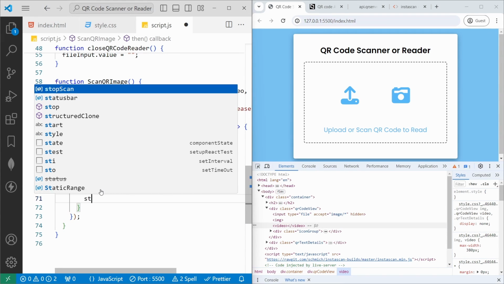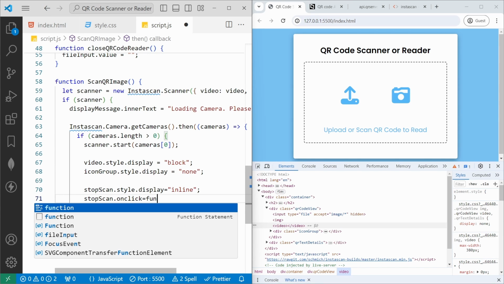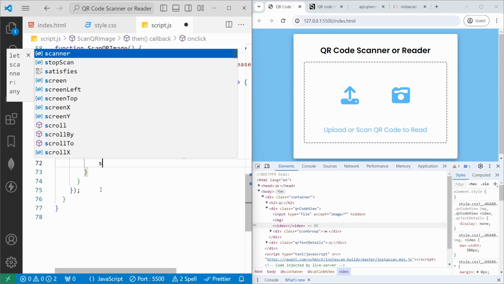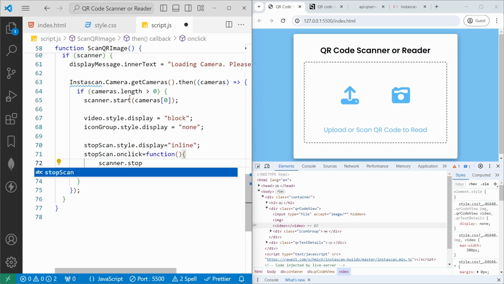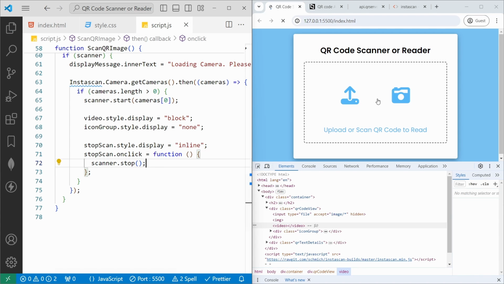inline, and then we need to set the stop scan dot on click equal to a function, because once we click this it should stop the camera, right? So here we have already added the scanner, and we'll set the stop, because at the top we are already starting the camera with scanner dot start, and here we can stop it with scanner dot stop. If I save, if I go to the browser,